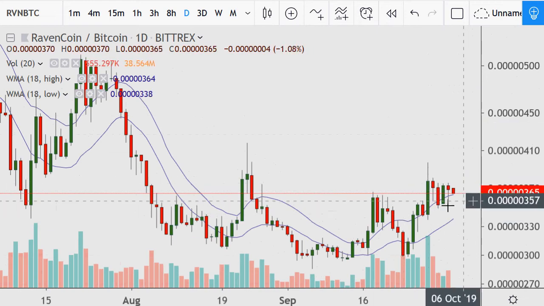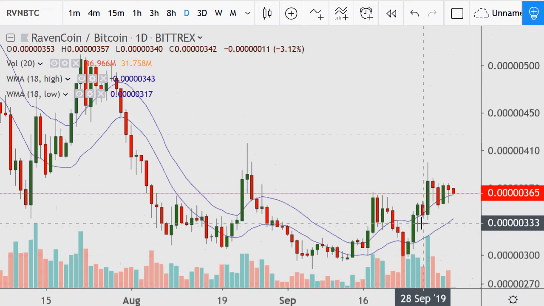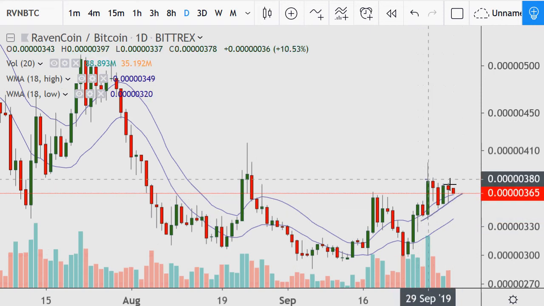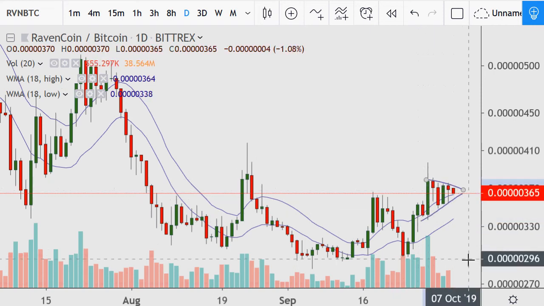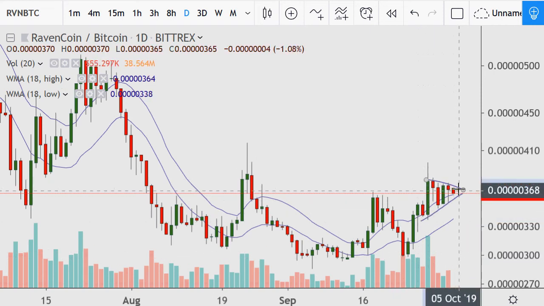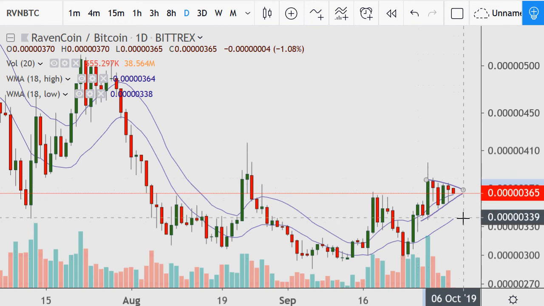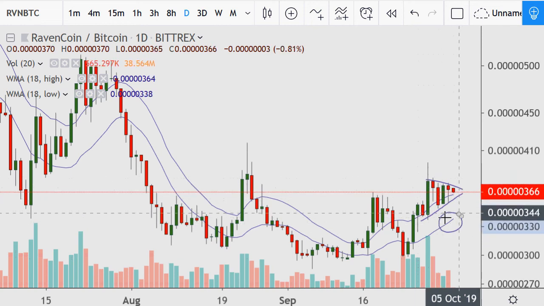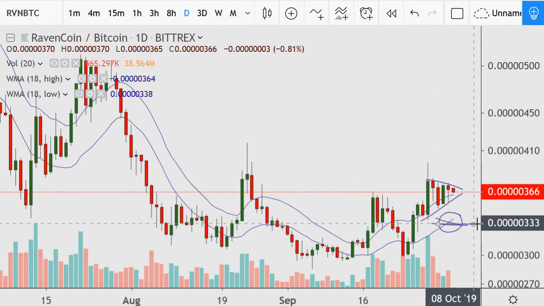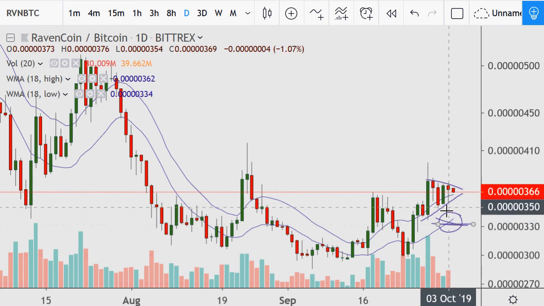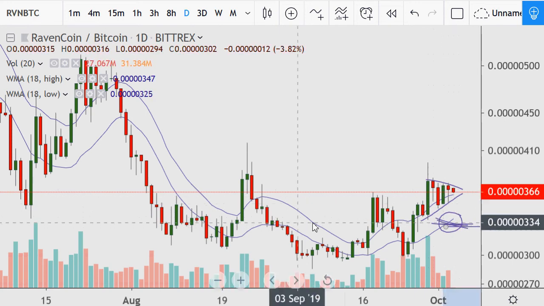Ravencoin on its daily chart. I like what we're seeing here within the 18 highs, although we do have symmetricalness here. So normally I'm just going to show daily, but when you see something like this, first you got to realize, okay, it's got a nice bullish pattern still going on. I'm looking for the failure of the 18 lows for this setup to be dead or over, or look towards a bearish setup. So even if it breaks it, well, that's just where next support is.